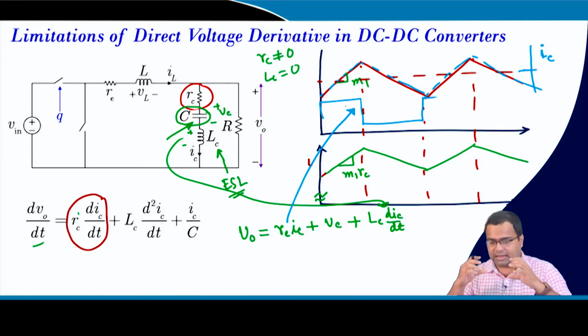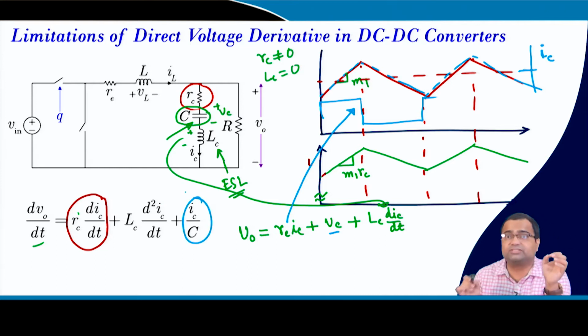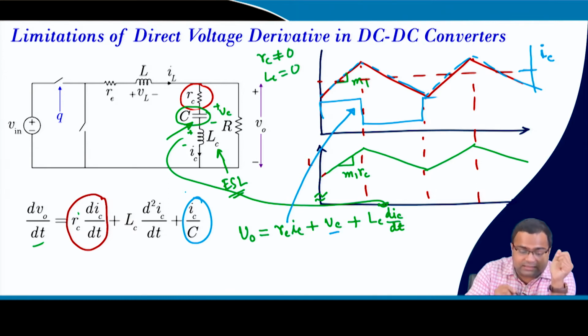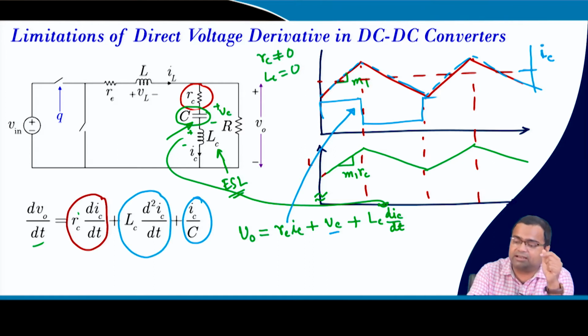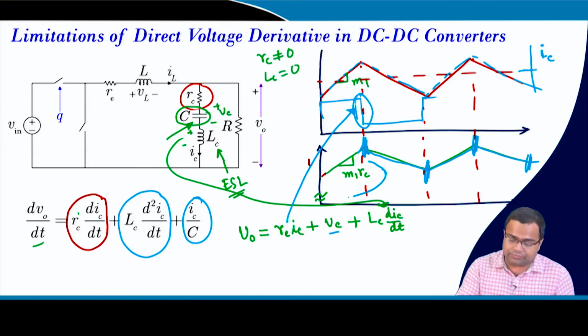There is a kind of a step, but if you take the derivative of the Vc, it is the capacitor current. So, it will have a triangular part, that means IC equals C dVc/dt. But the main problem will be due to this one, because if you take another derivative of this, there will be a spike. So, your output voltage will have a huge spike here, and these spikes will be damped out soon because the inductance is small, but these spikes will come due to this term.